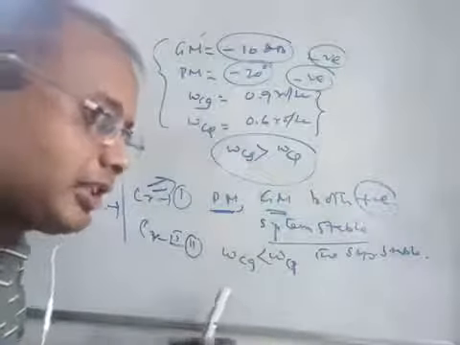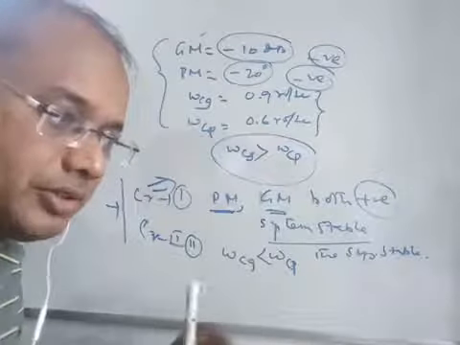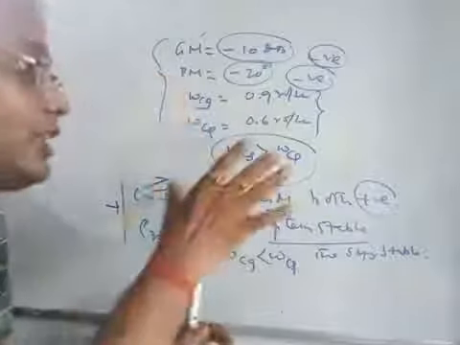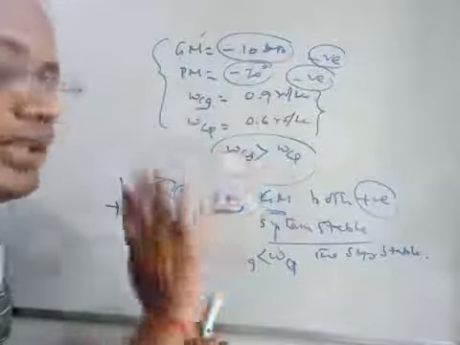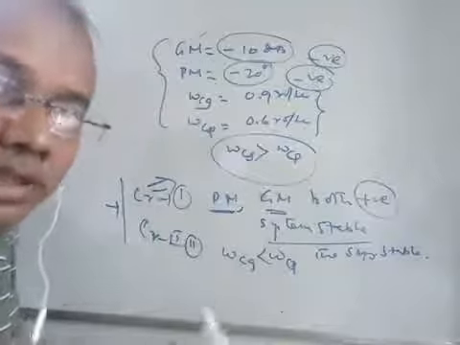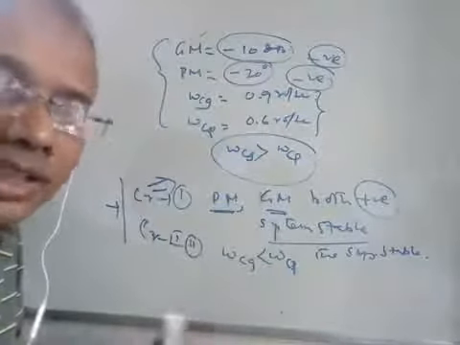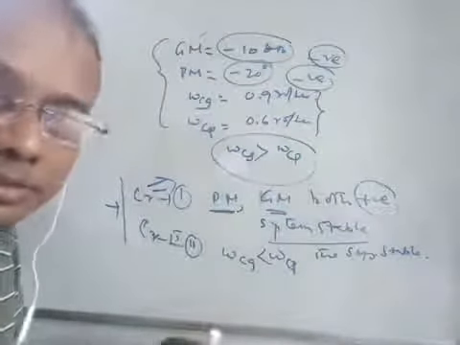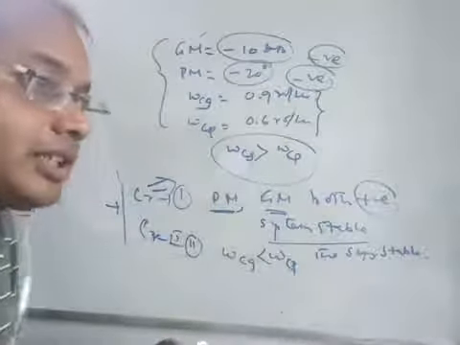That means once you draw the Bode magnitude plot, you can draw the Bode phase plot for any kind of system. For each example you take, you just go on calculating the phase margin and gain margin, and the corresponding phase crossover frequency and gain crossover frequency have to be calculated. Otherwise you cannot calculate the gain margin and phase margin, right? So by using criteria 1 and criteria 2, you can find whether the system is stable or not, right? In the next class, we will discuss